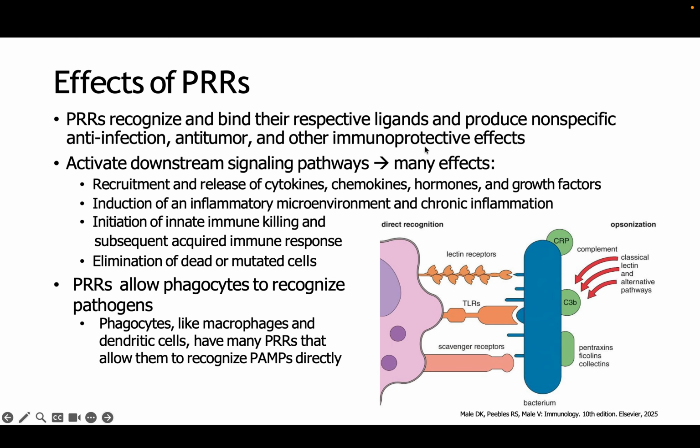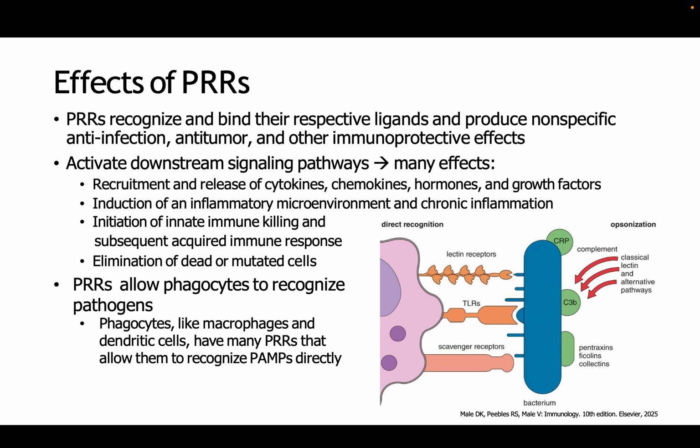So once the PRRs recognize and bind to their respective ligands, for example, let's imagine here you have different PRRs, which we're going to be talking about. You have this lectin receptor that binds to carbohydrates, this TLR that binds to different proteins, and these scavenger receptors that also bind to different proteins on the bacteria. This allows the immune cell expressing these PRRs to get activated, and many effects can happen. There can be a release of cytokines, chemokines, hormones, growth factors, different types of molecules that can have